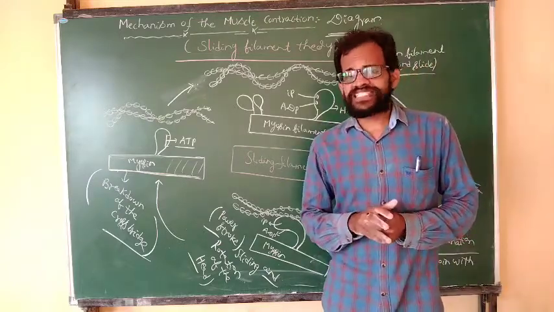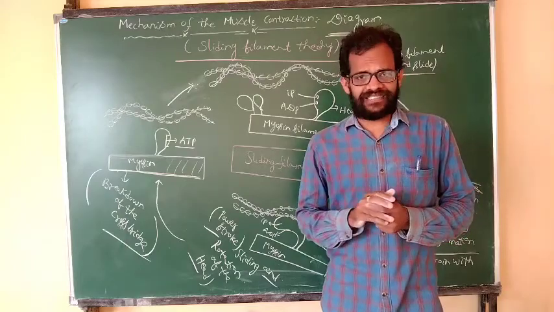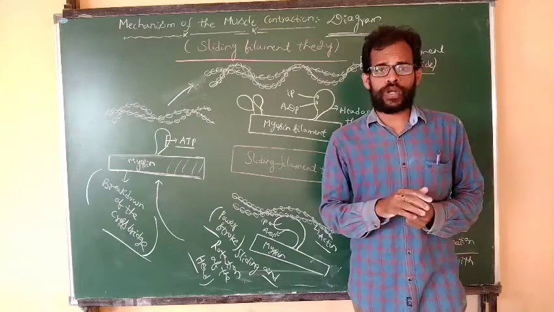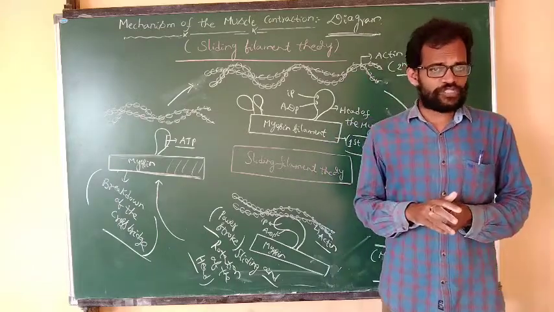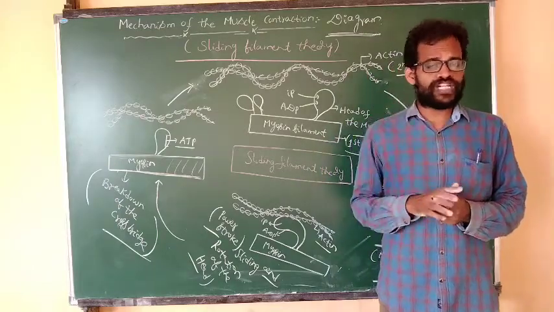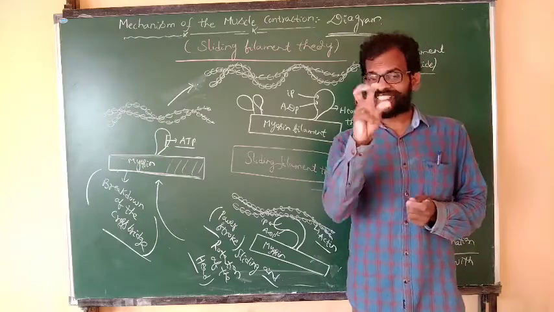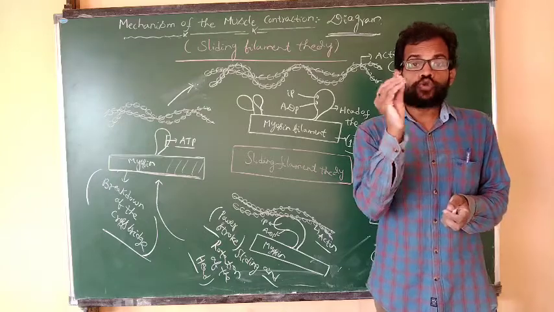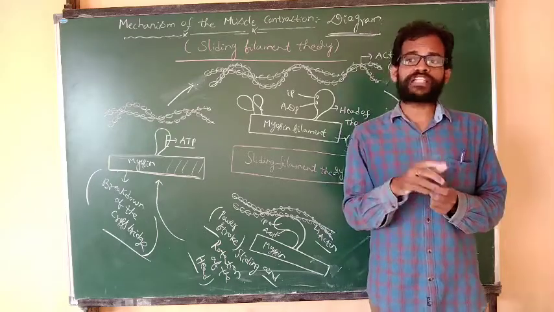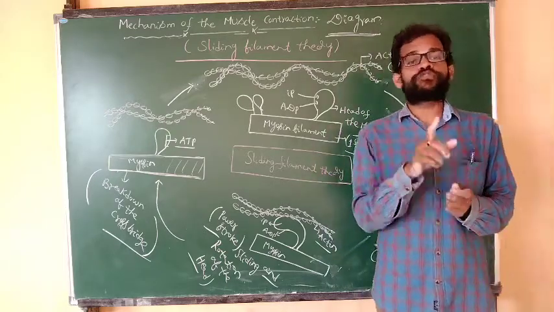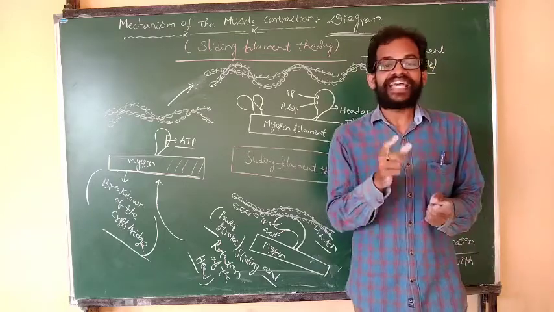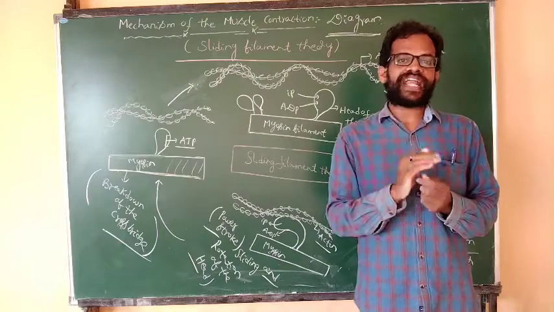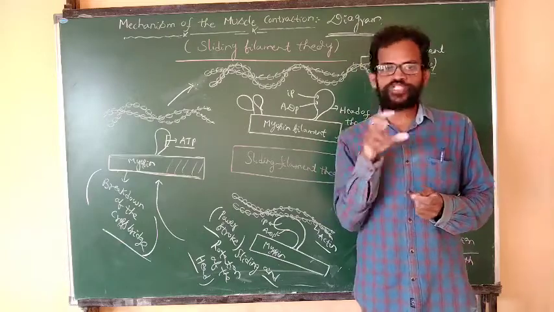Whenever the central nervous system sends the message to the motor neurons, the motor neurons send the message to the synaptic knobs. The synaptic knobs consist of synaptic vesicles. The synaptic vesicles consist of neurotransmitter chemicals. These neurotransmitter chemicals reach the postsynaptic membrane, activating the sodium channels. Whenever the sodium channels are activated, the entire muscle fiber is depolarized.